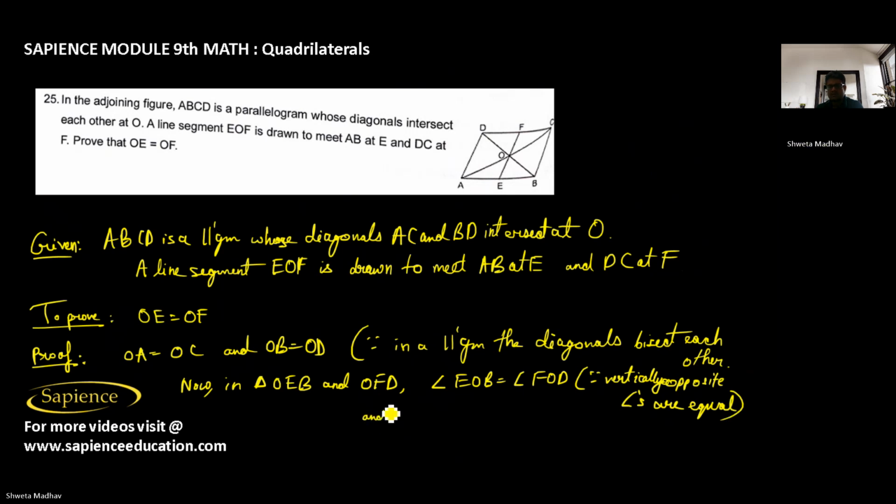And angle FDO equals angle EBO, since alternate interior angles are equal,